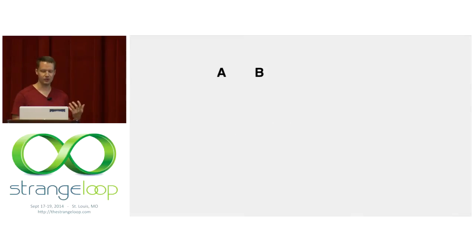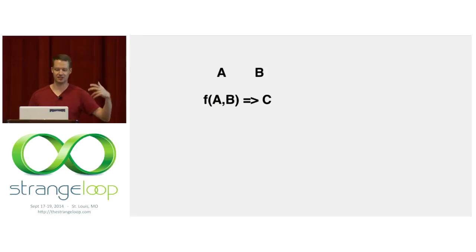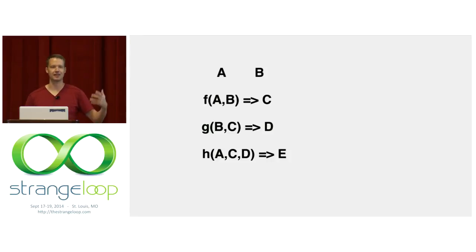So a lot of times when we write code, we have some data. Here we have A and B, and then we do some sort of transformation on this. In some languages, these transformations may update something in place and put in a new value. In a functional language, it'll take these inputs and produce new outputs. It doesn't really matter that much in this context. So much of what we do is take inputs, build on them, and emit something else.